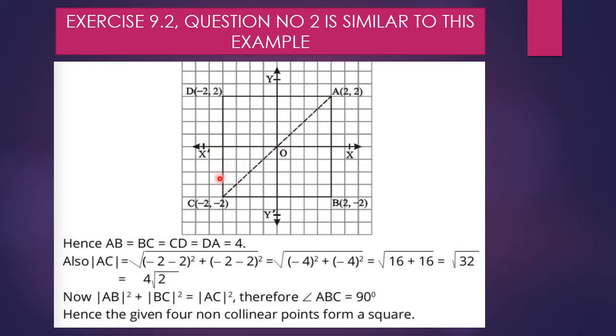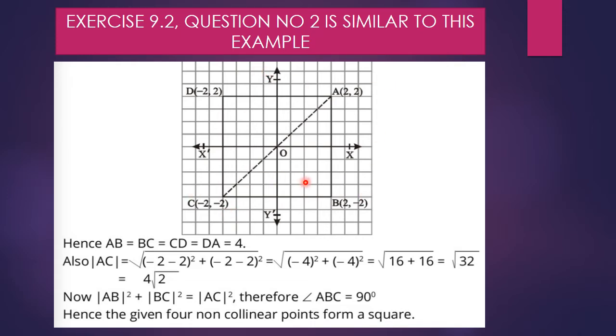It will come in the third quadrant where the values of x are negative and the values of y are also negative. And the coordinates of D are (-2, 2), and it will come in the second quadrant as x is negative over here and y is positive. So by locating all 4 points on the graph paper and joining these points, we have got our square.